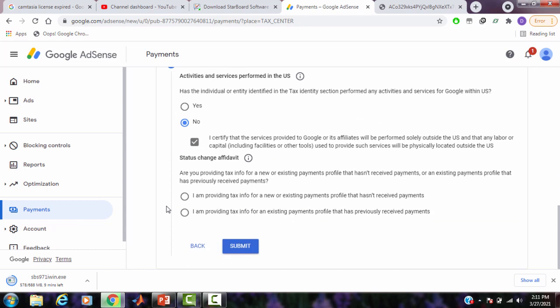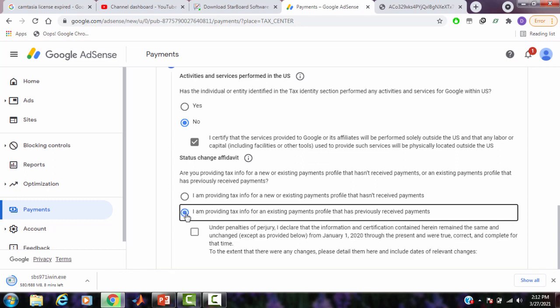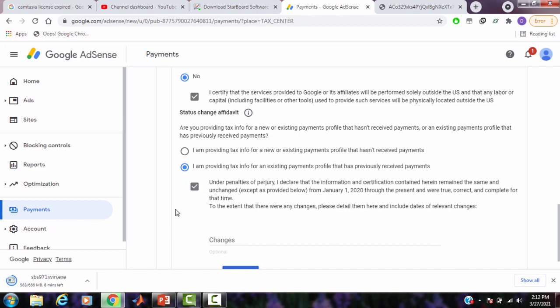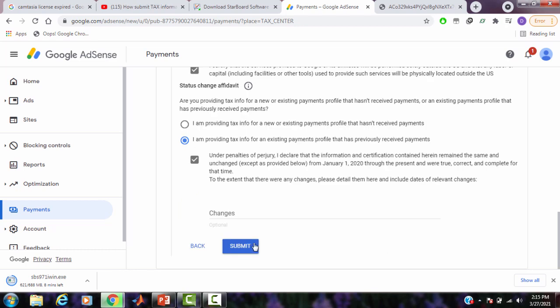Click on that. Below that, status change affidavit. There you can select: if you have started receiving payments, you can select the second option, or else you can select the first option. Here I am selecting the second option, "I am providing tax info for an existing payments profile that has previously received payments." After selecting, click on the box below and click Submit.